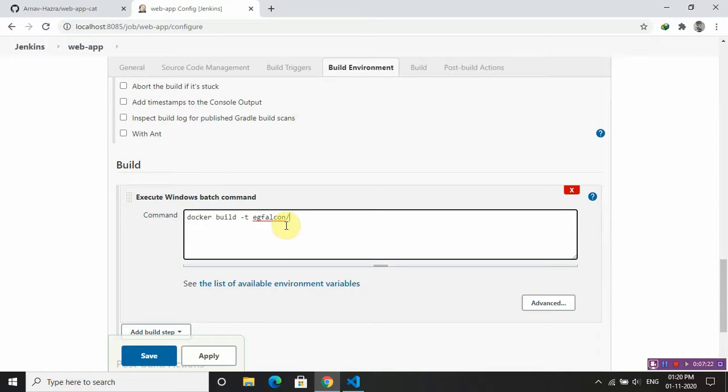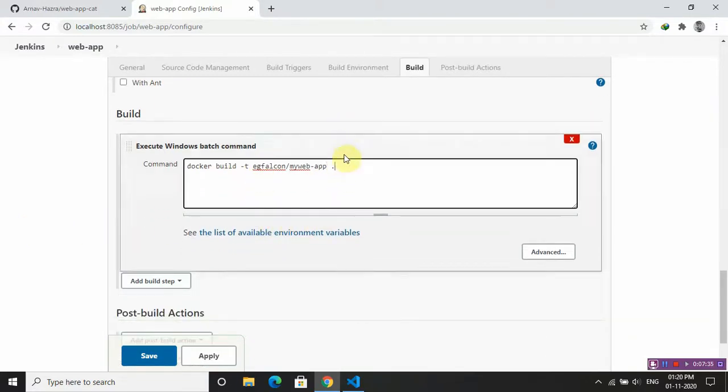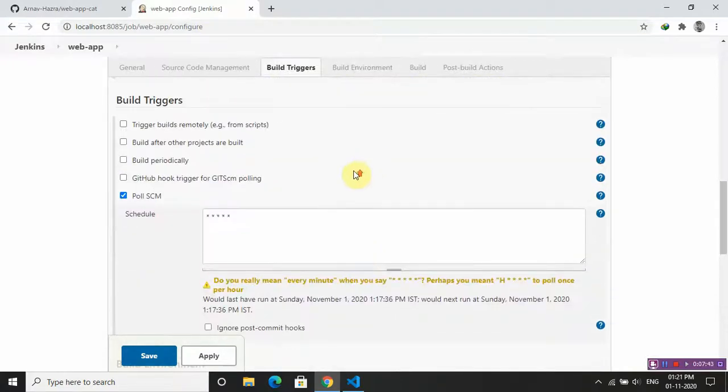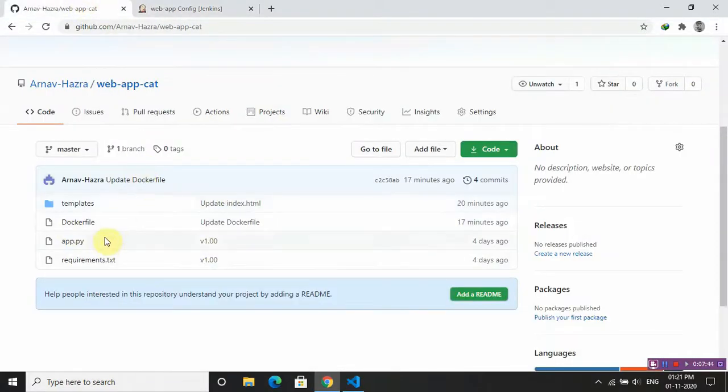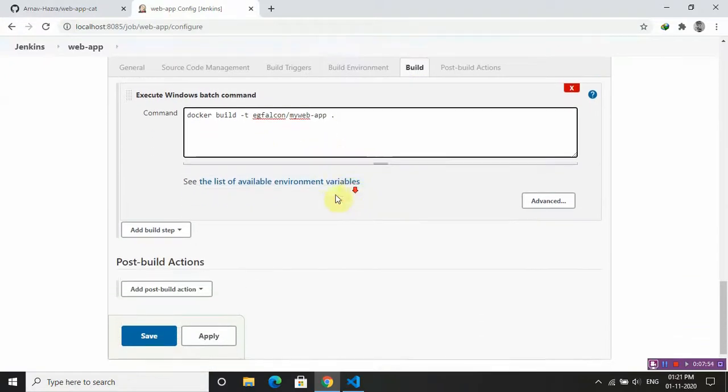And then the image name, myweb. This will build the image. And then a dot, which means all the files in the current directory. Since the current directory from our Git is this, it will locate our Dockerfile, and using that Dockerfile it will build the image.